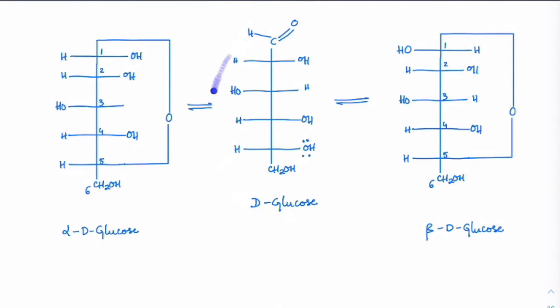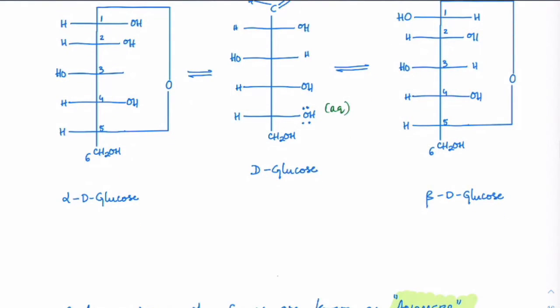Everyone, again just go through the structure once again. So this is the D glucose formation, and it can convert into alpha D glucose and beta D glucose in aqueous solution. So in aqueous solution, it can give this form and this form. Now what does that mean? Eventually, after some time, like you add some glucose to water. You take Glucon-D, you know Glucon-D, right? We usually take it when we dehydrate. So add some Glucon-D to water, mix it and keep it for some time. After some time, the solution does not have any straight chain glucose left at all.